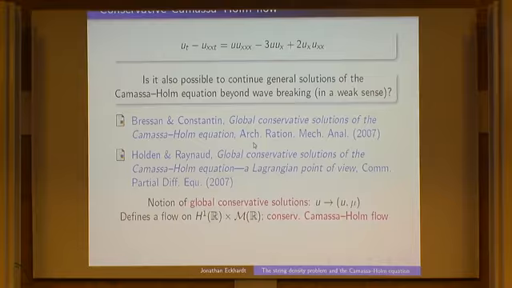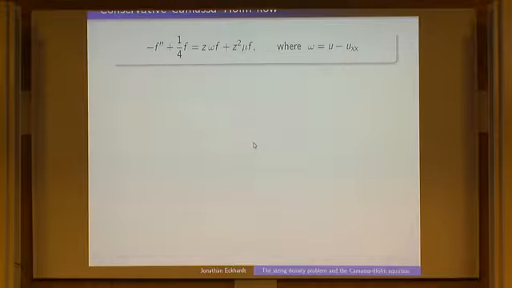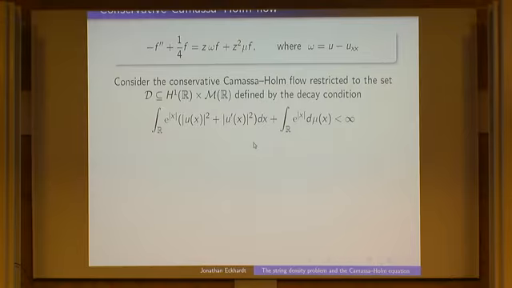And all this now defines a flow on this space, and this is what I call the conservative Camassa-Holm flow. So in particular, it contains all the usual classical solutions of the Camassa-Holm equation, and also the weak solutions, of course, and multi-peakon solutions and everything. The question is, well, the candidate for the isospectral problem is of course this one here now. And the question is whether this works also in the infinite dimensional case. And the answer is to some extent yes. What I can do is not for this whole set H1 cross